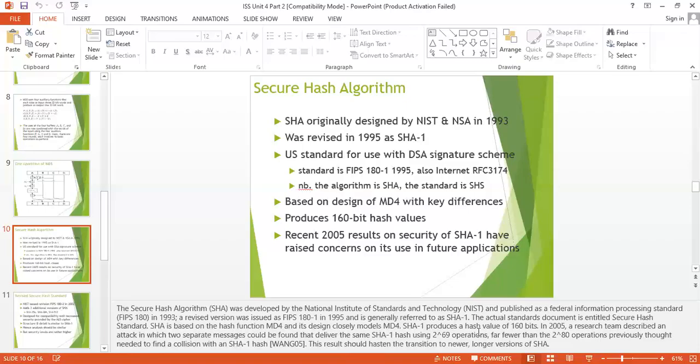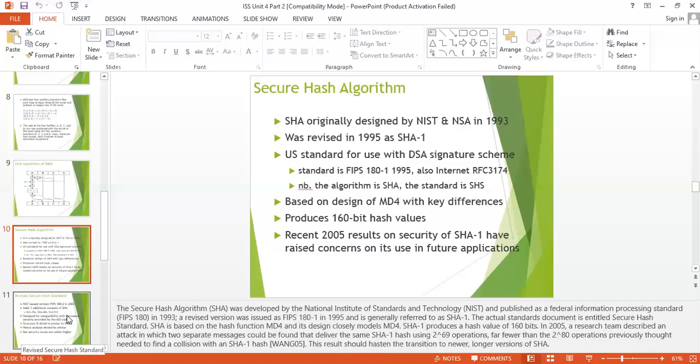The actual standard document is entitled Secure Hash Standard. SHA is based on the hash function MD4 and its design closely models MD4. SHA-1 produces a hash value of 160 bits.